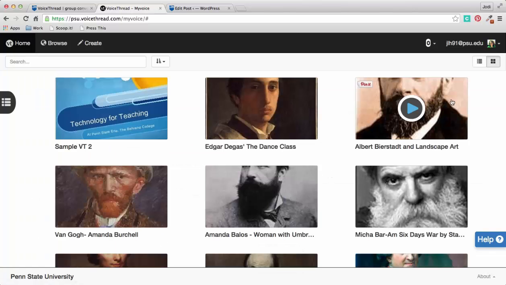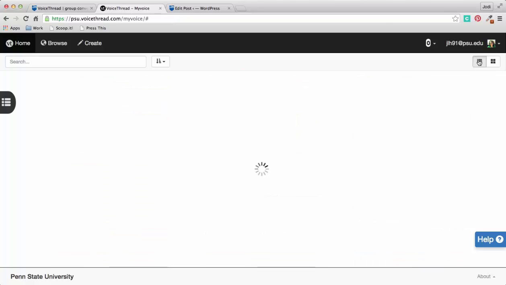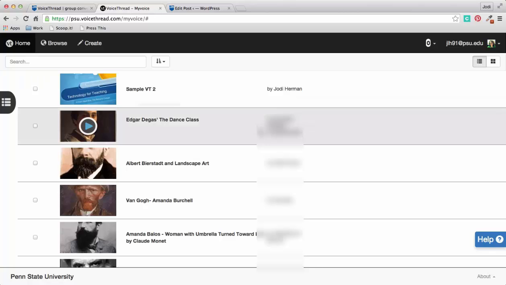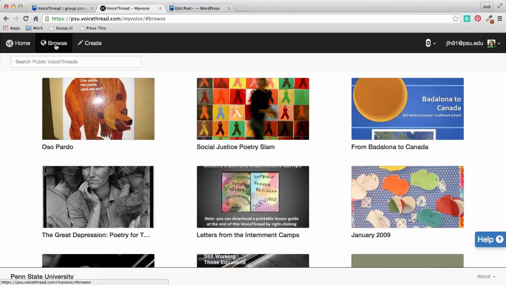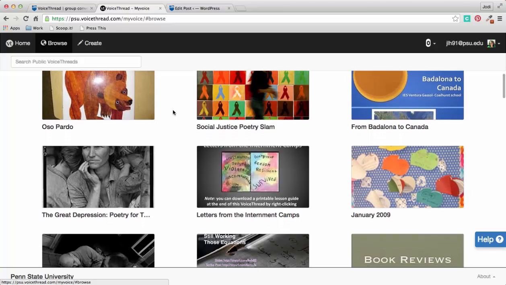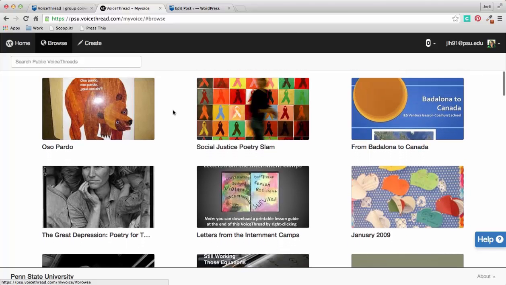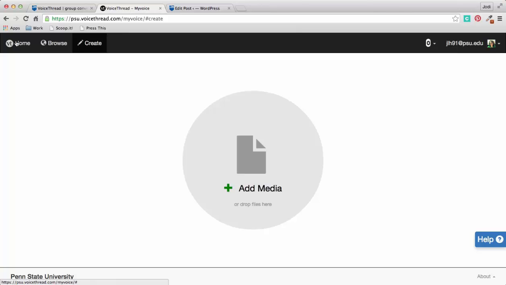And it may also look more like this. When you first get in, there's two different ways you can view it. You can either look at it by icons, or you can actually do a list view, which I actually prefer. And then the middle button is the browse button. So you may remember this from the old voice thread. It's pretty much the same. Might look a little bit different, but it works the same. It's still just all of the public voice threads that are available to the public, so anybody can go in and view them. Okay, so if I go back on the home button,